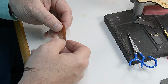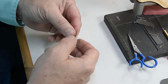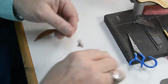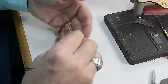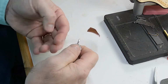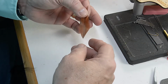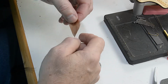I learned an interesting way from a gentleman by the name of Don Bastian years ago from watching one of his DVDs on tying classic wet flies, where you actually take your hackle pliers. We can cut this excess off here. We're going to take our hackle pliers right here, and we're going to attach them to the feather like this. What this does is it gives me a little bit of weight in my hand so that I can hold this really nicely, and I can manipulate the tip of the feather, the back of the feather with my hand, but these fingers are basically free to